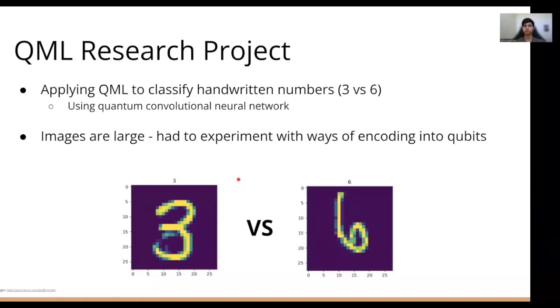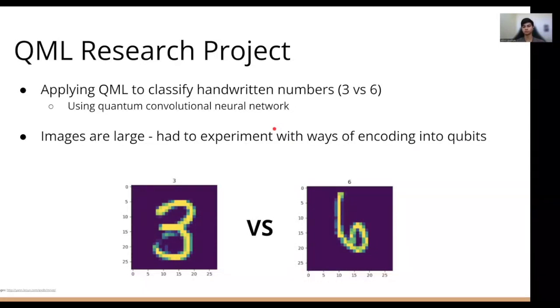So in classical machine learning, a convolutional neural network is usually applied for image classification because what it does is it detects different features in an image. And this could be like, let's say, the top of a 6, or maybe the curvy part in the 6. The computer has to figure out what features to look at in 3s or 6s. And it'll pool these features together and figure out if a picture is of a 6 or a 3 in this case. And a quantum convolutional neural network would work in a similar way, but it would